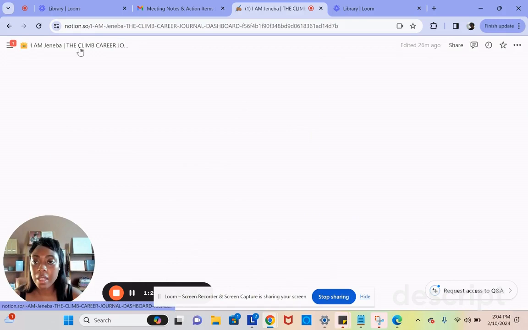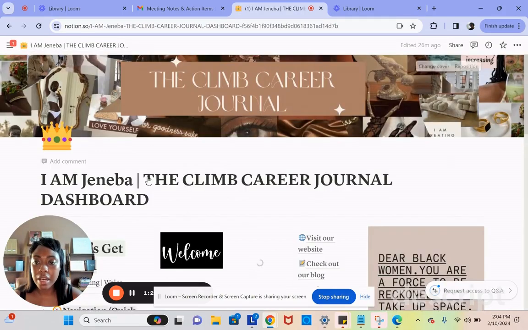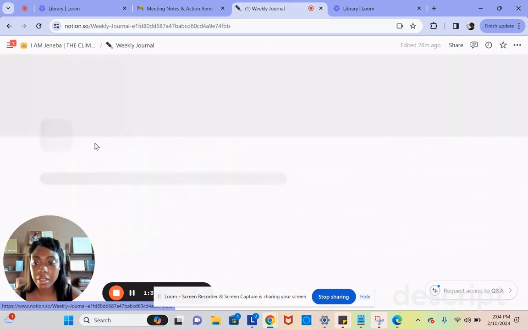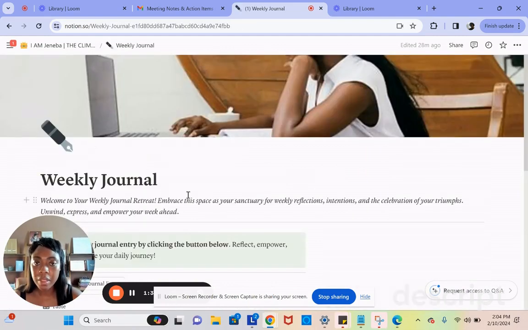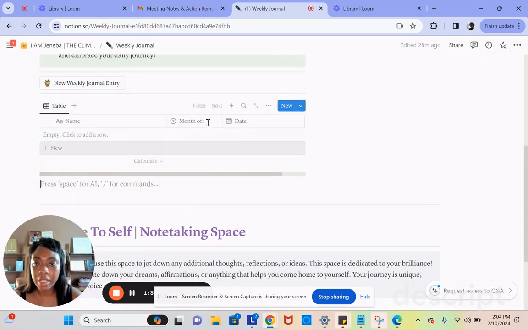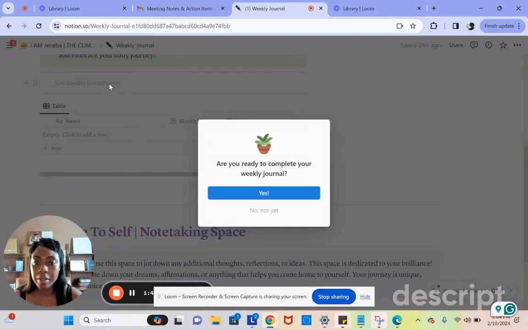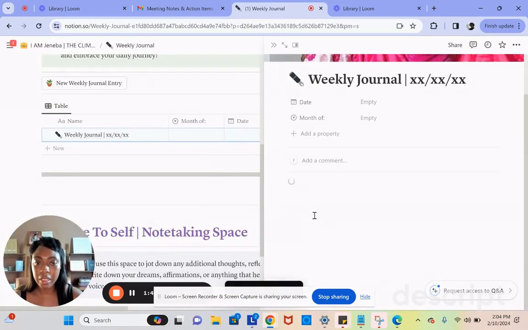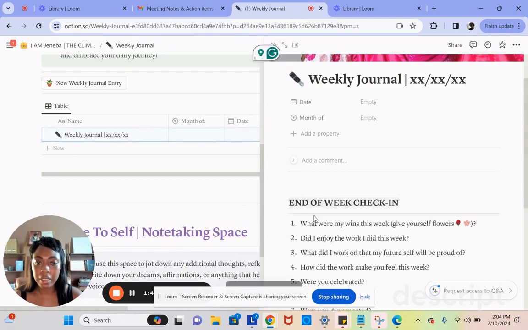And then this is how you're going to capture your weekly journal efforts digitally using Notion. You can come in here and this is what the weekly one will look like. It'll have a month and a date, and you click this button. It's going to take you to what the weekly looks like